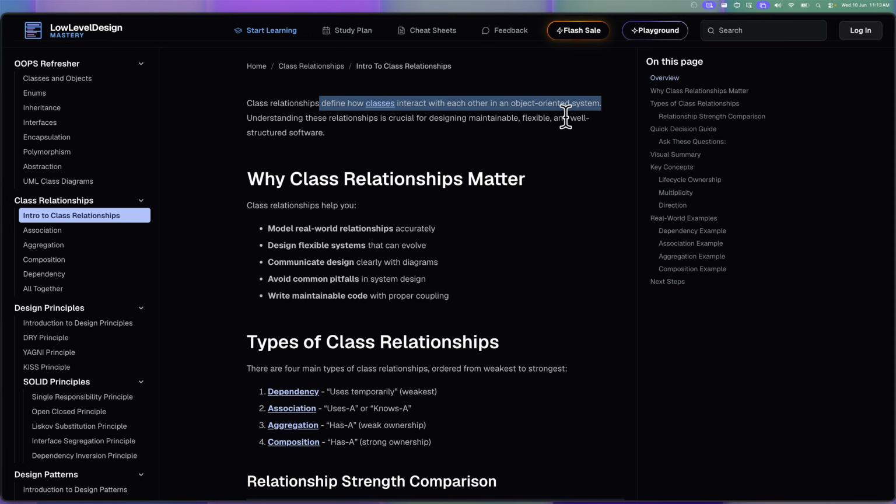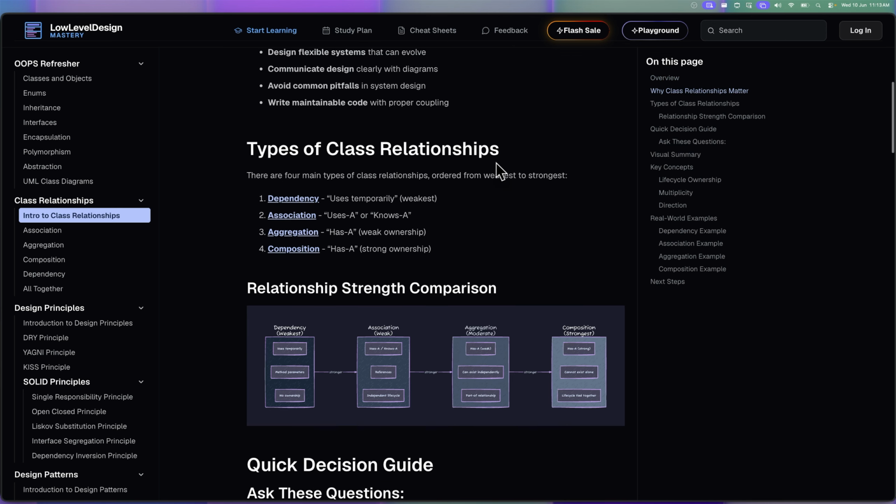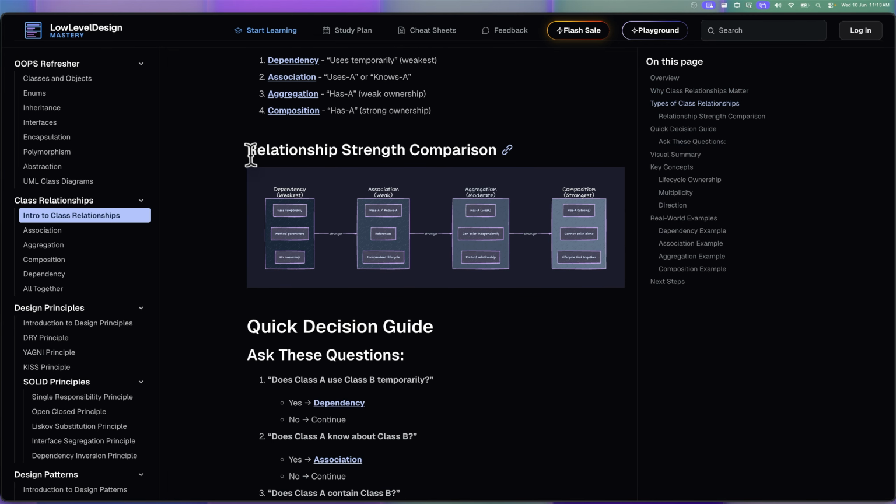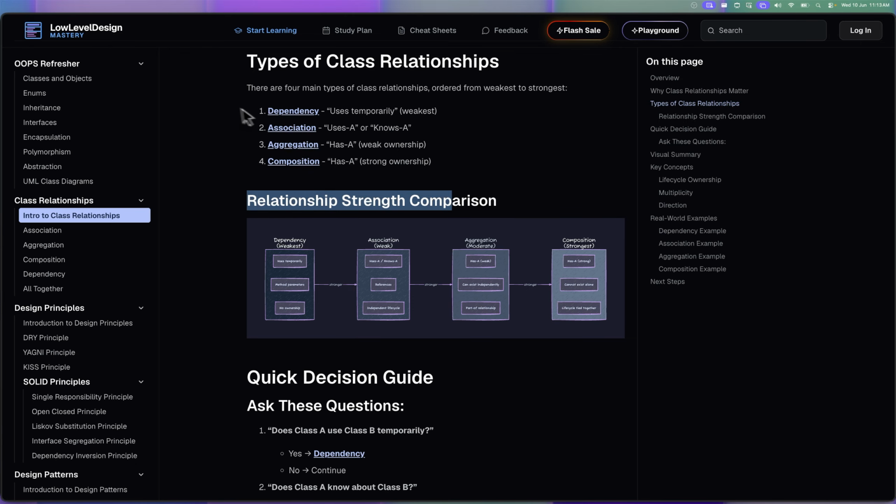So it has a relationship between a car class and a motor class, right? So this is what we want. So how do you represent these kinds of relationships? There are four types of relationships that we are going to be learning in this video: starting with dependency, association, aggregation, and then composition. We'll come back to the concept of strengths later, but now let's learn all these